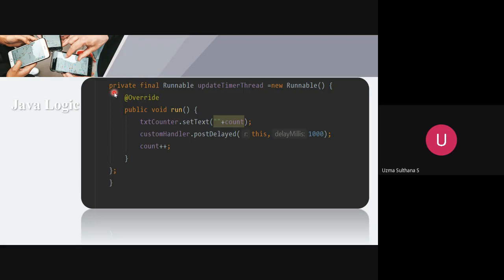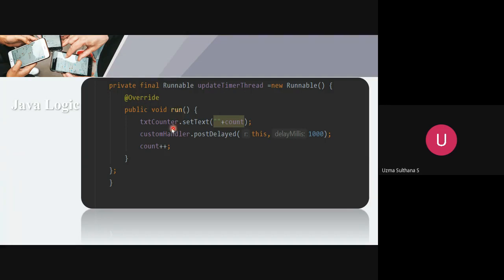So if you see here, private, it is private because within the class we are going to access the runnable variable, that is updatedTimerThread, and inside this Runnable we have a run method which is auto generated. We are going to override it. Already in Runnable we have the run method.